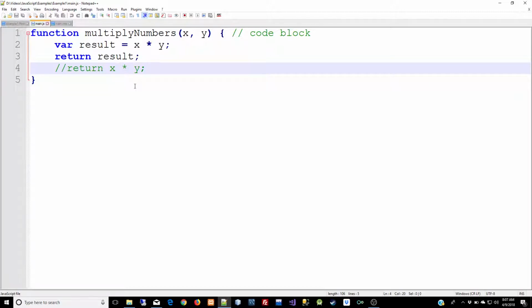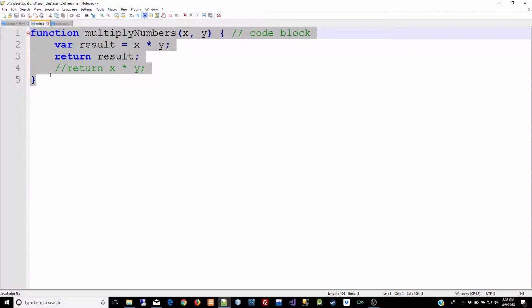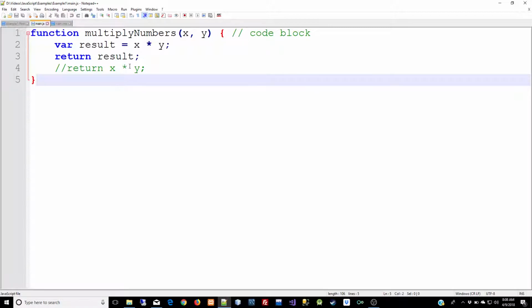And as you can see, I have my JavaScript open here. It's the main.js file from the last video. And I just want to talk about basically the anatomy of a JavaScript file. So don't worry so much about what this function actually does. I'm just going to discuss the anatomy and the structure and the syntax for this function that we call multiply